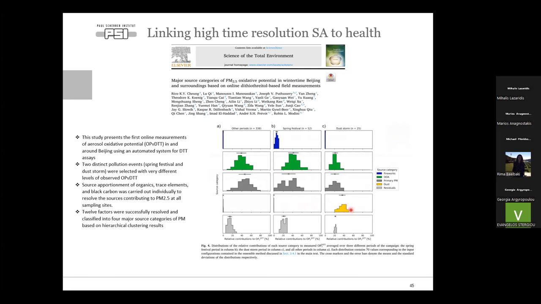But please keep in mind that the 2 dust events we got during the campaigns were the biggest recorded in the last 20 years in China. This is why the OP was so high for dust, which means that even sources that contribute little to OP, if the concentration is high, are not negligible anymore.